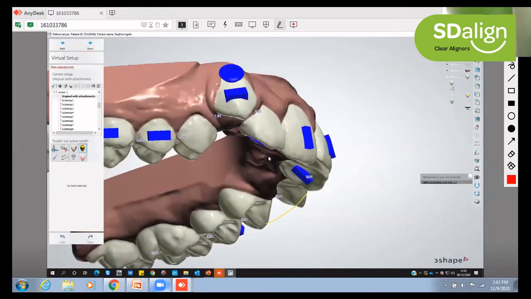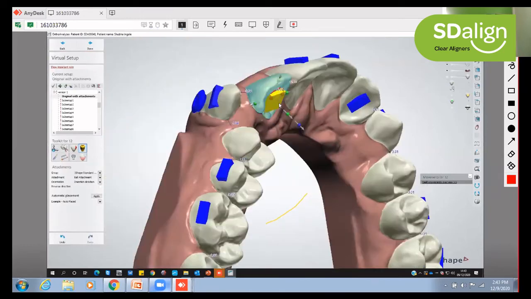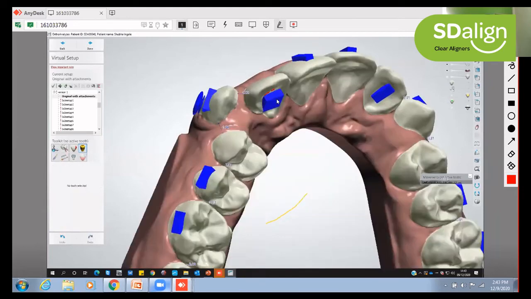Secondly, for the lateral incisors, as we just discussed, either we can keep a vertical control or a vertical bar, or this same thing we can modify for a bite ramp. This will act as a bite ramp so that you don't have to bond it physically in the mouth, but it will act as a bite ramp or a root torquing action by the hitting of the lower incisors on the palatal aspect. So this is how a bite ramp looks on the aligner.